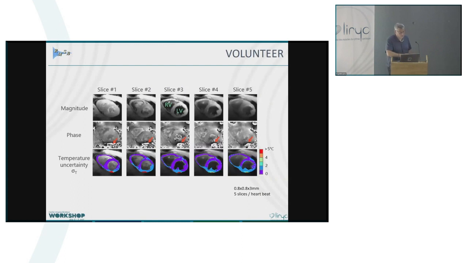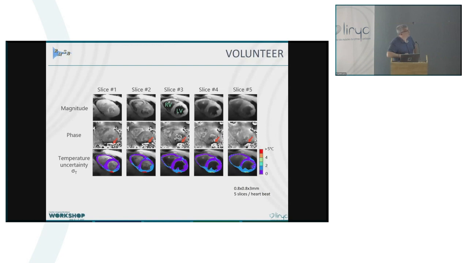What you can see, the first point was: what's the uncertainty of the temperature estimate as a function of time? You have an example here of a healthy subject. You have 5 slices, and you can note that the blood is very well cancelled in this slice, but poorly cancelled there. But what we do is repeat the acquisition, so we get magnitude and phase images over several slices, several cardiac beats, and then we compute in each pixel, after compensating for motion and susceptibility-related artifacts on the phase images,